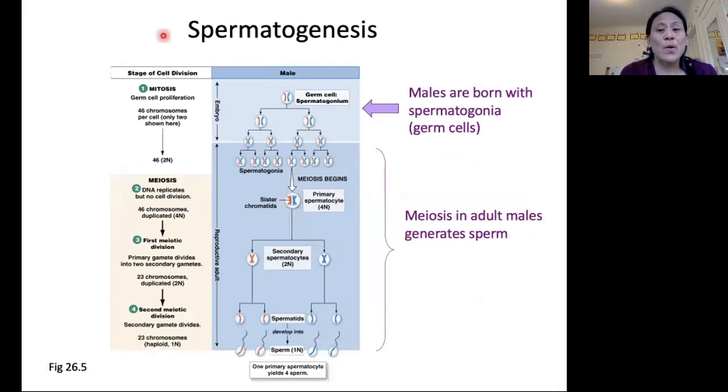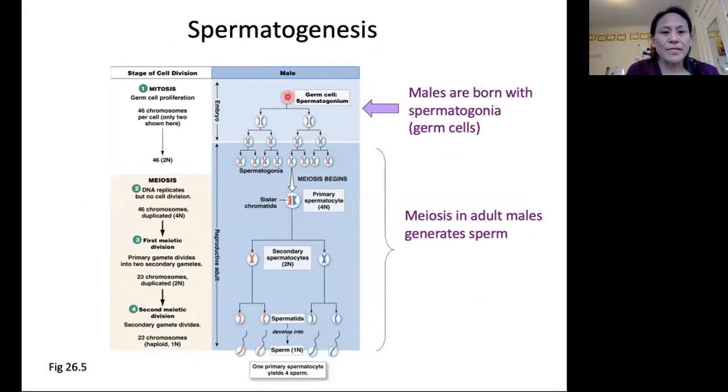This diagram shows the process of spermatogenesis. I want to remind you that sperm and other gametes, such as eggs, are made by the process of meiosis. Meiosis consists of one DNA replication followed by 2 rounds of cell division. Taking a look at what that looks like in the male,